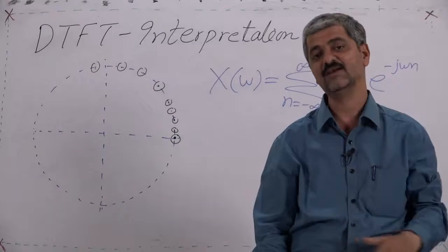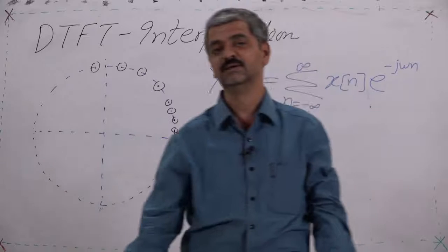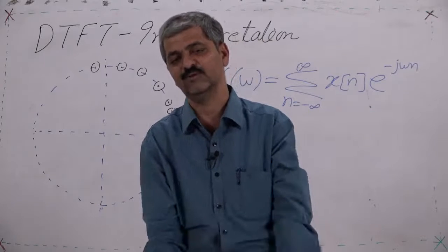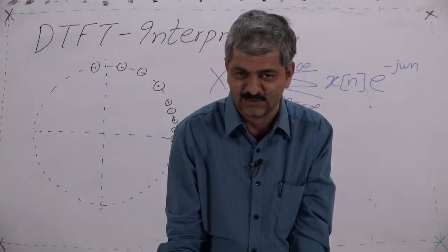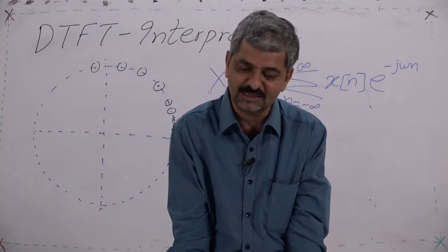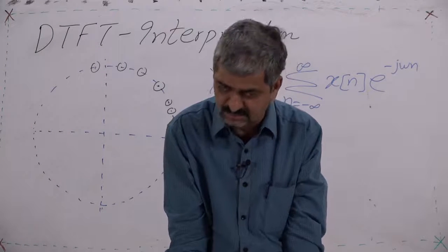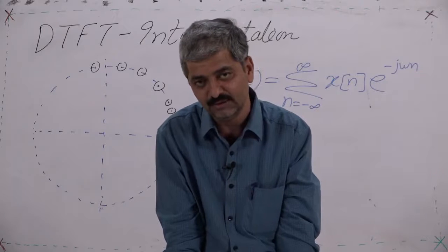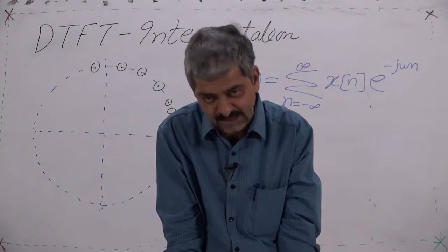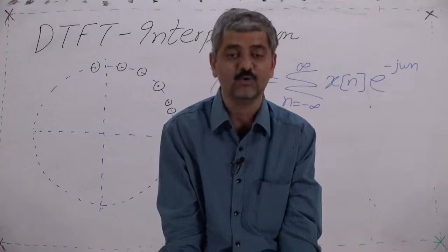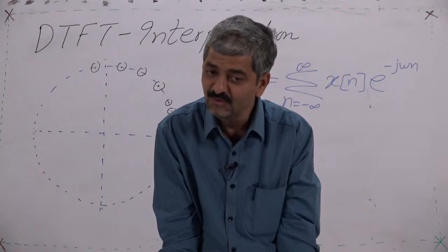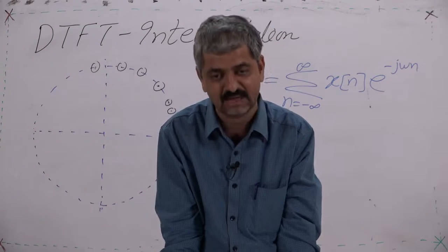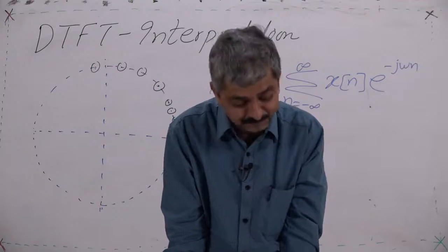But in this case, weights are, to be very precise, e raised to minus j omega n is cos omega n plus j sin omega n. So in that case, if we take cos separately and sin separately, we can say these are oscillating weights. But even if we look at both of them together as a combination, it is rotating weights. So weights are rotating, weights are two dimensional, weight can have any position on the circle.